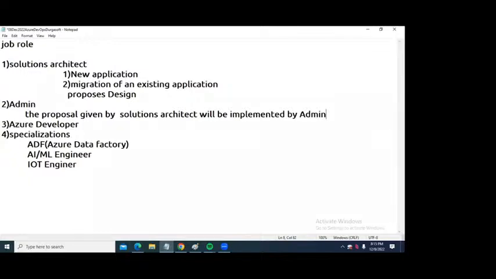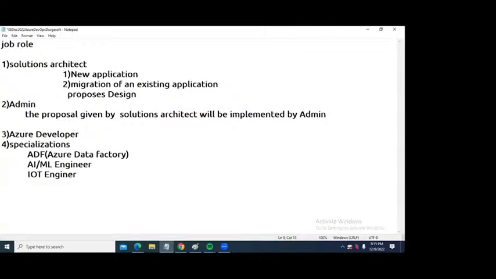Suppose he wanted to create a virtual machine. Just as per the guidelines of the solutions architect, he has to create the virtual machine. What must be the size of the virtual machine? How much memory is required? How much storage is required? How many CPU cores are required? That is entirely decided by the solutions architect only. Not even 1% of the decision is taken by the admin. Whatever design is given by the architect is implemented by admin guys. Now, to implement the design, the proposal given by the solutions architect, admins are going to use